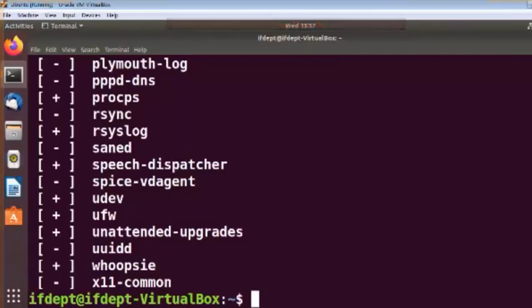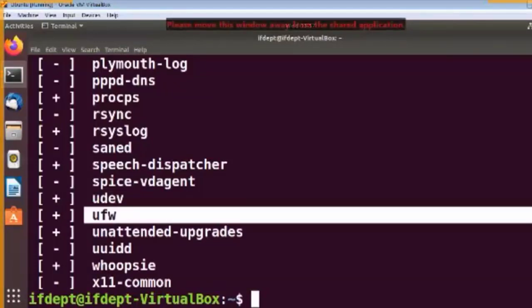Now, let us see how to start a particular service. Currently you can see this is a UFW process. This means uncomplicated firewall. So what we are going to do is simply start this, stop this, and see the status of this firewall.